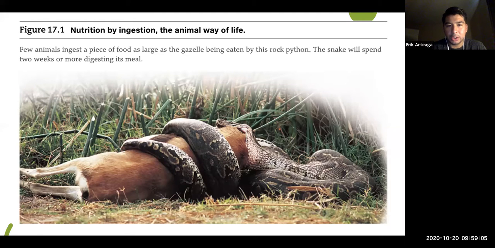But again, ingestion is key for animals, right? Eating or consuming, putting something inside of ourselves during the consumption process, is the key defining feature of animals in comparison to fungi. Okay,